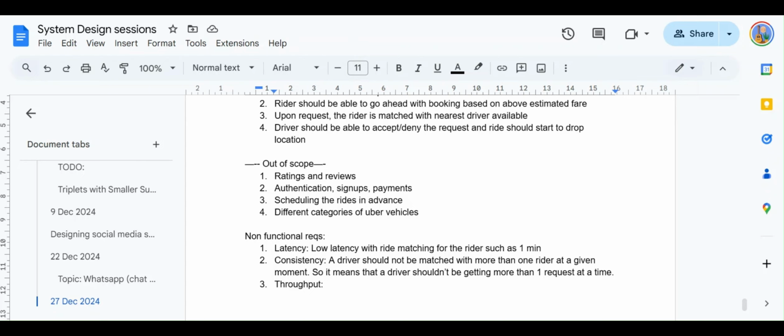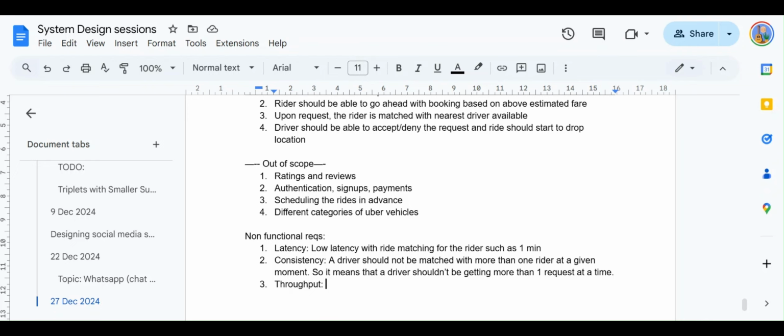Now the problem with throughput is, in our case, there can be two types of situations. One kind of situation is that there are some areas where not many people are requesting rides. It's a very quiet kind of place, so very few requests coming. But then there are areas, just like we took the example of the Justin Bieber concert, right?